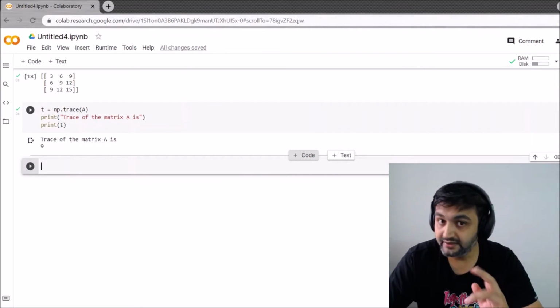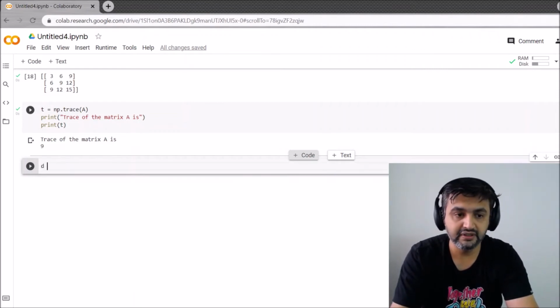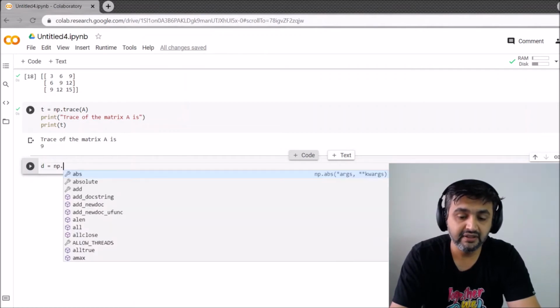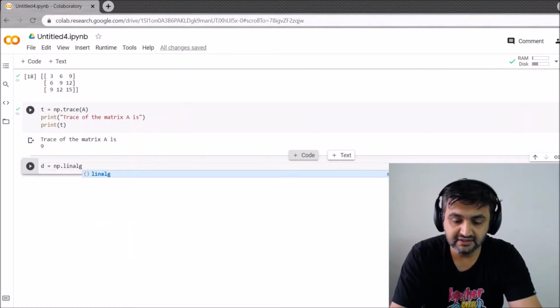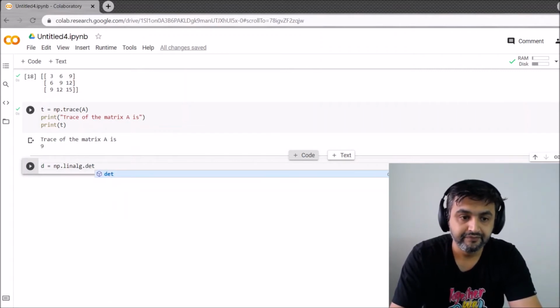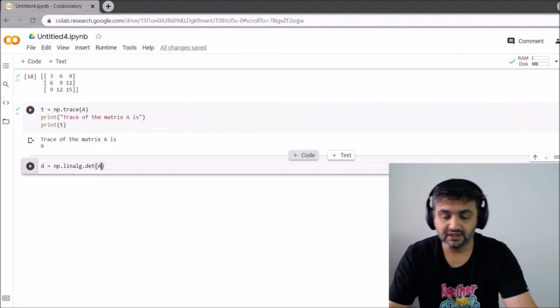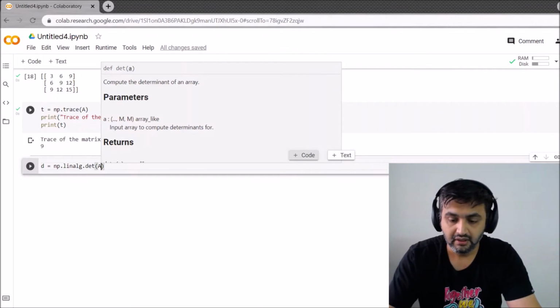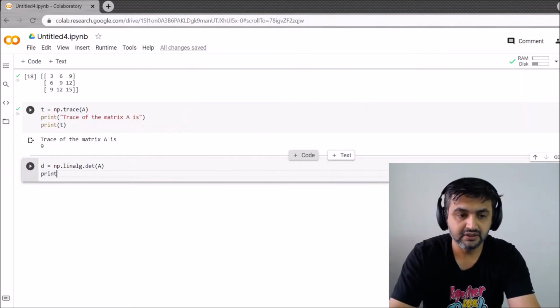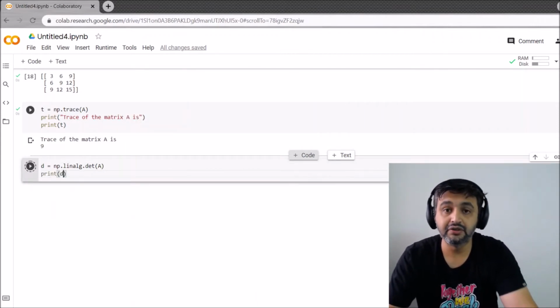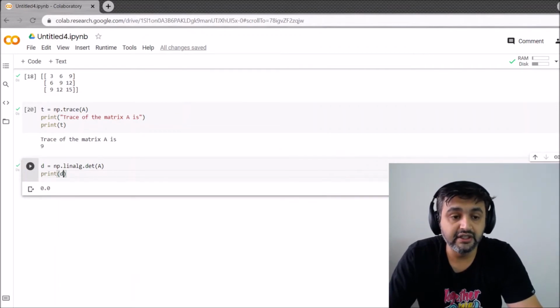Now what is the next thing? Determinant. Okay, so let me call D is equal to np. Now for determinant I will need linalg. So np.linalg, you call linalg, and then dot det, and then open the bracket A, because I want the determinant of A. And once I have this, you say print D, control enter, you will get the determinant of the matrix.